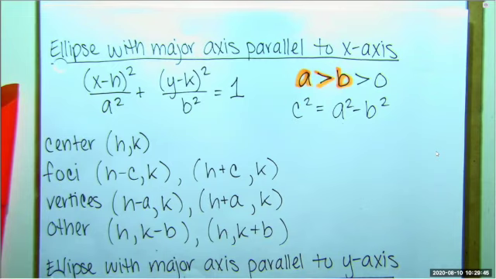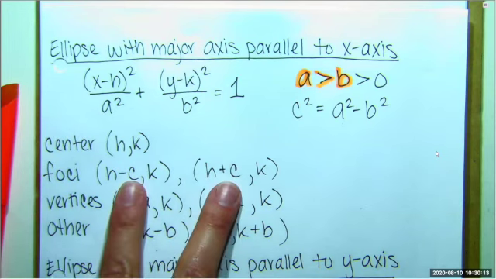We have (x minus h) squared over a squared plus (y minus k) squared over b squared is equal to 1. a has to be greater than b, which has to be greater than 0. It can't be negative. And we have that c squared is a squared minus b squared. Our center is (h, k). Our foci are a distance of c away from the center. So you can see we've gone plus or minus c to the left and to the right along the x